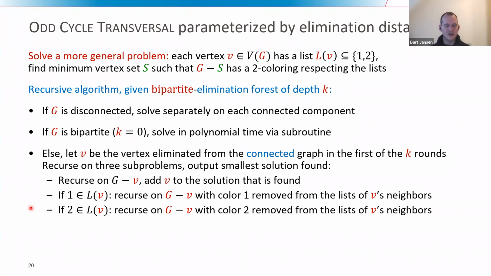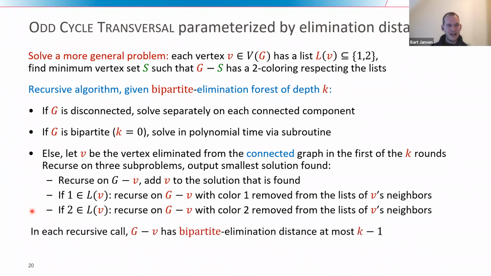So now we have 3 recursive calls. We see what the smallest solution is that's found among the 3 of them, and that's the one that we will output. And the key thing now is the following. We only recurse on graphs G minus V. Since G was a connected graph, which in the first round only eliminated V, it means that the graph G minus V has elimination distance exactly 1 smaller, right? Each of the graphs in which we recurse can be eliminated with 1 round fewer,